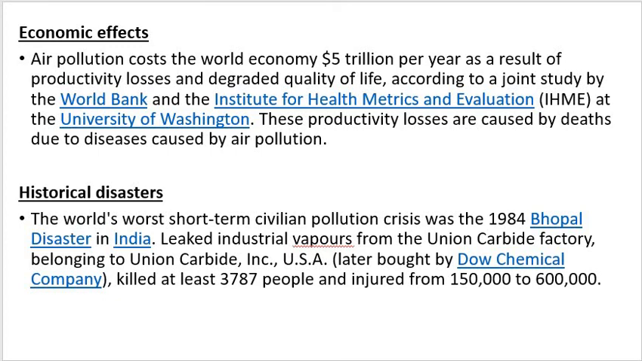$5 trillion per year as a result of productivity losses and degraded quality of life, according to a joint study by the World Bank and the Institute for Health Metrics and Evaluation at the University of Washington. These productivity losses are caused by deaths due to disease caused by air pollution. One out of 10 deaths in 2013 was caused by disease associated with air pollution,